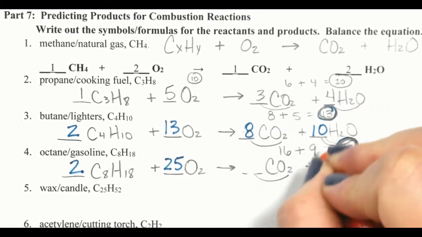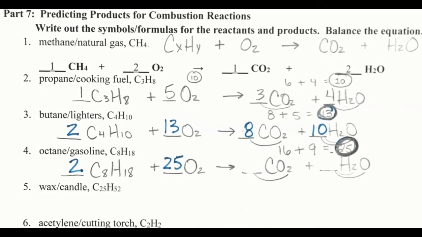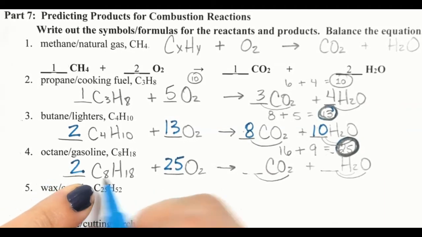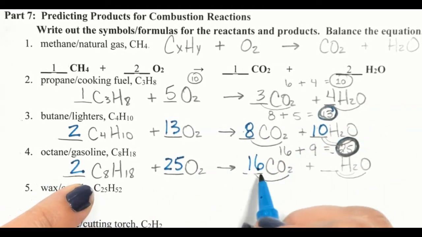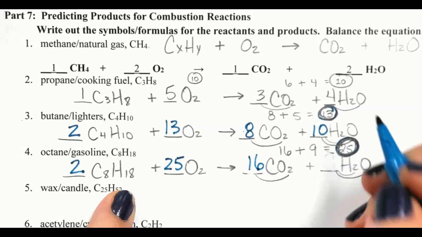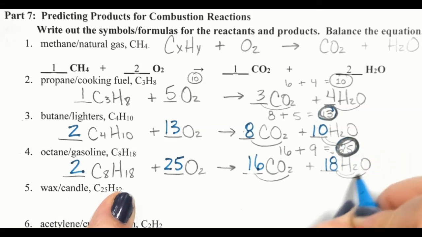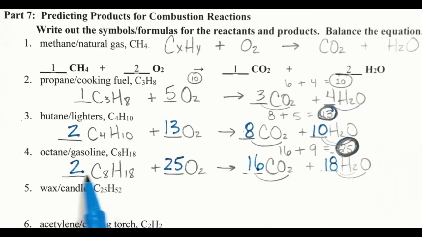So I'm going to erase these because those are no longer going to work. We have 2 times 8 is 16 carbons, and then look, 2 times 18, so make this 18 times 2. And so it's 2, 25, 16, and 18. Number 5,